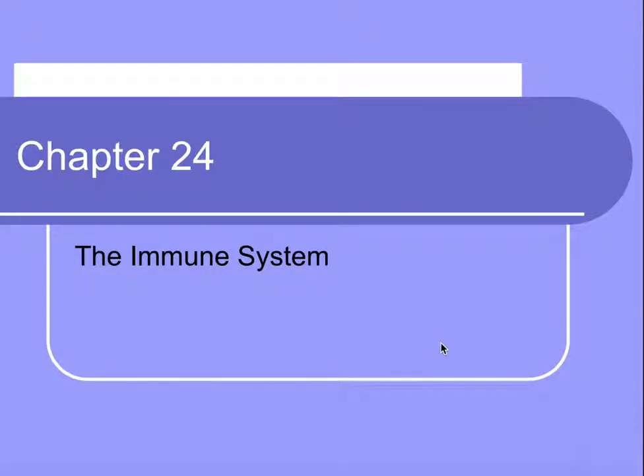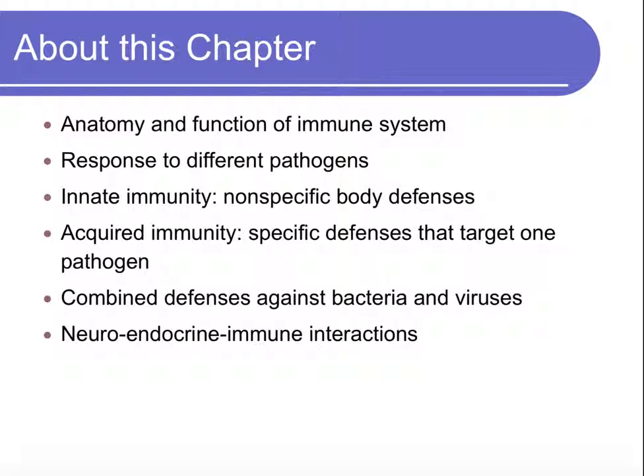Chapter 24, the immune system. In this chapter, we'll talk about the anatomy and function of the immune system. We'll look at how our body responds to different types of pathogens and what those pathogens may be. We'll discuss innate and acquired immunity and take a look at an example of how we might defend ourselves against